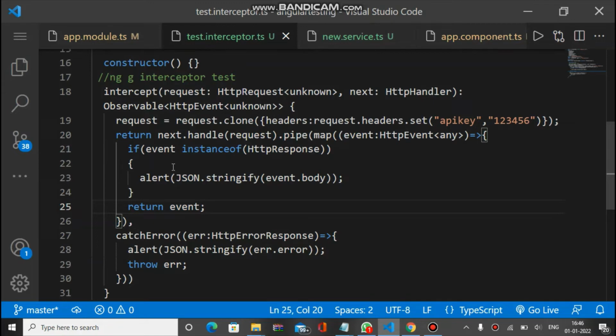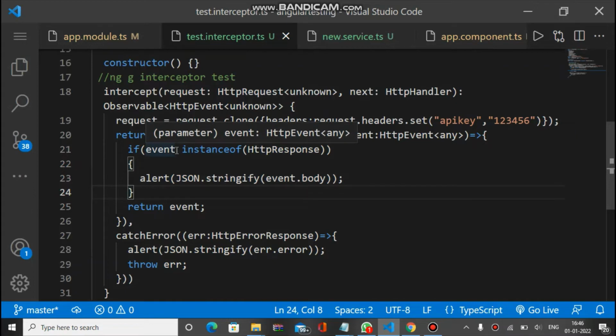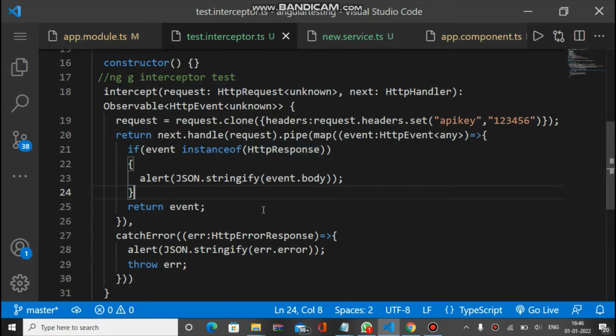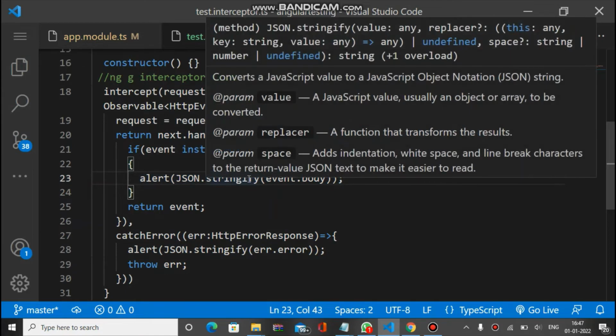To get the response we put an if block with a condition: if event is an instance of HttpResponse. Means if the event coming from the map function is an instance of HttpResponse, then it will be a response from the API. So you can manipulate the response in this block, and in this case I have just put an alert to see how the response looks inside this block.